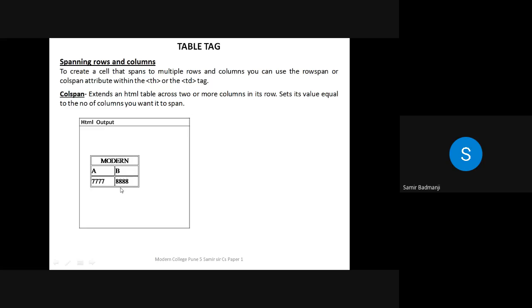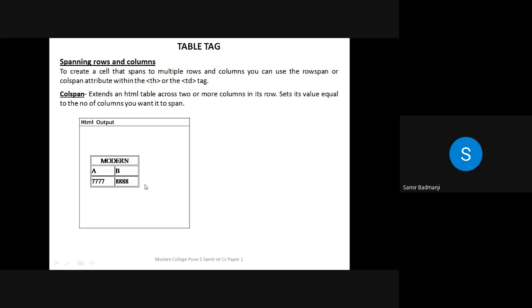How many columns are there? See, this is the first column. This is the second column. So this is the first row.